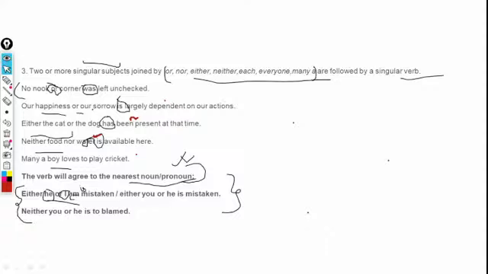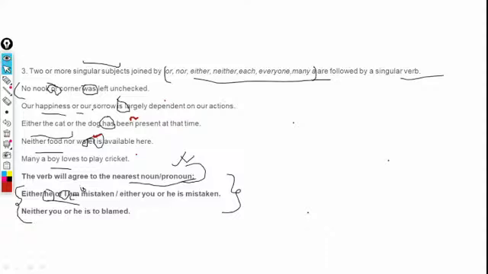So till now, whatever we have studied, the first one was the verb will agree to the subject, right, and not the noun. Even if the noun is plural, our subject is singular, we will be having a singular verb. Like, quality of mangoes was not good. Quality of mangoes were not good will be wrong, because even if mangoes is a plural noun, we will go by our subject, which is the quality of the mangoes together.